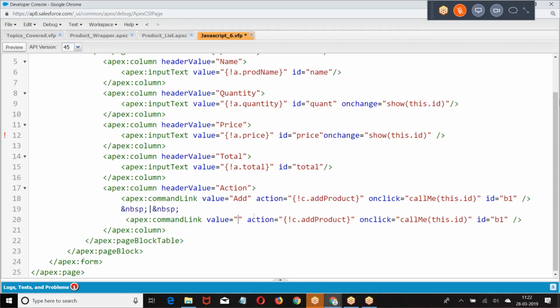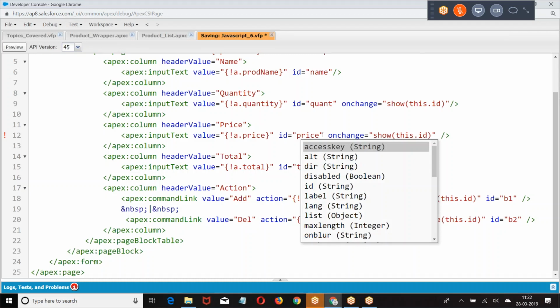Then add. So this is the structure I created.